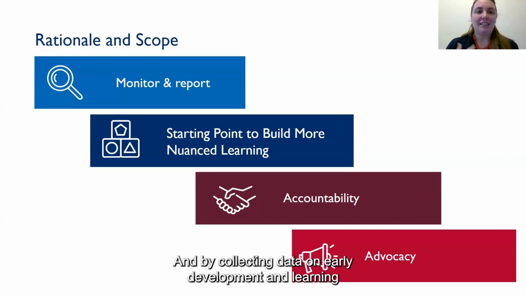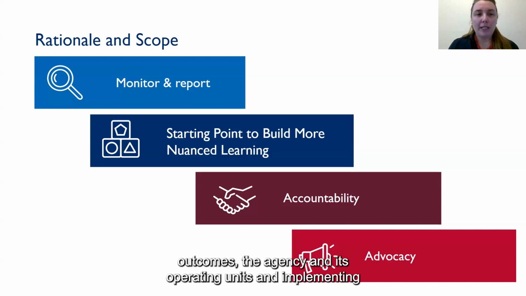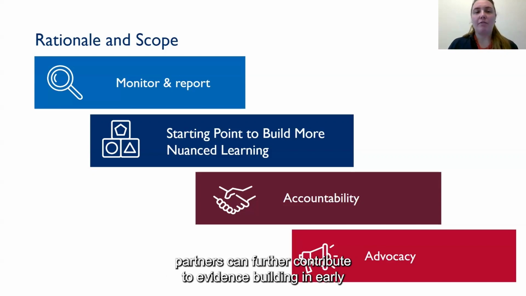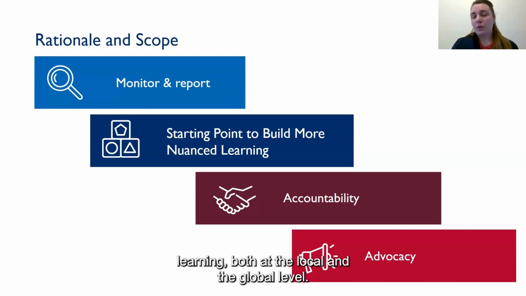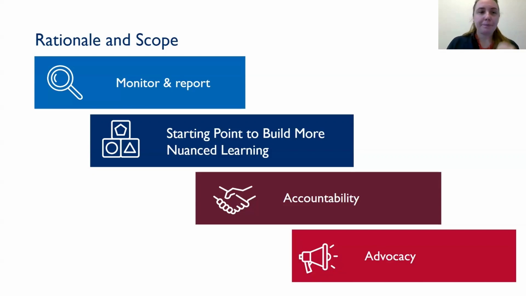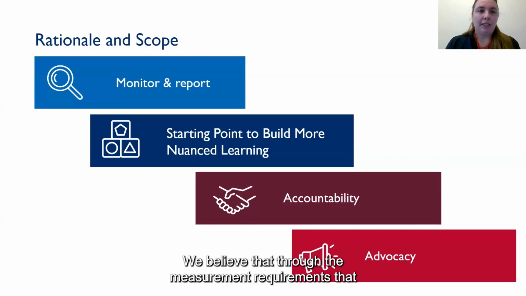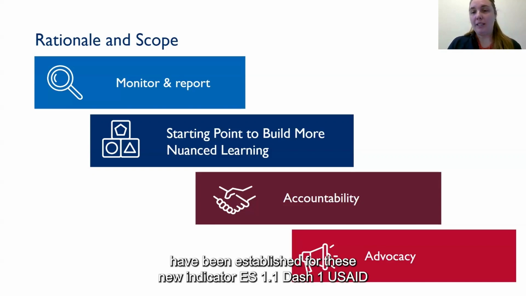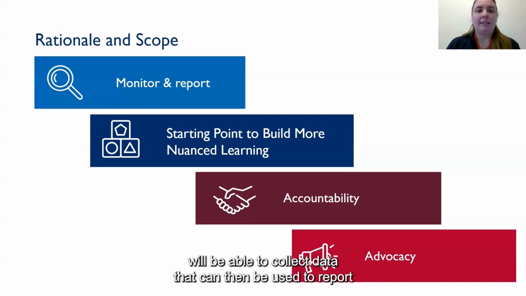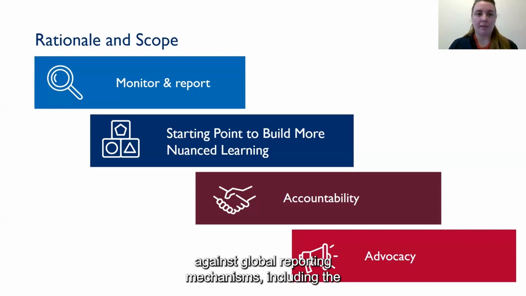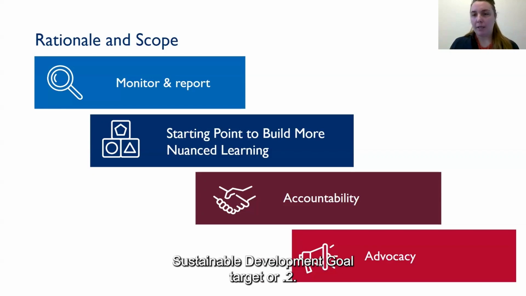And by collecting data on early development and learning outcomes, the agency and its operating units and implementing partners can further contribute to evidence building in early learning, both at the local and the global level. We believe that through the measurement requirements that have been established for this new indicator ES 1.1-1, USAID will be able to collect data that can then be used to report against global reporting mechanisms, including the Sustainable Development Goal